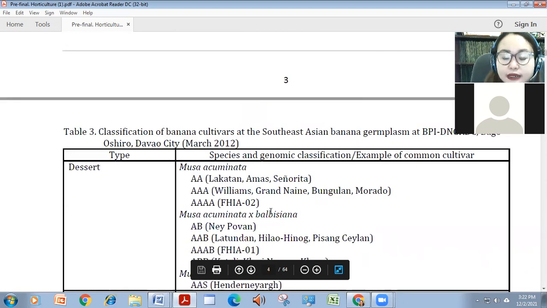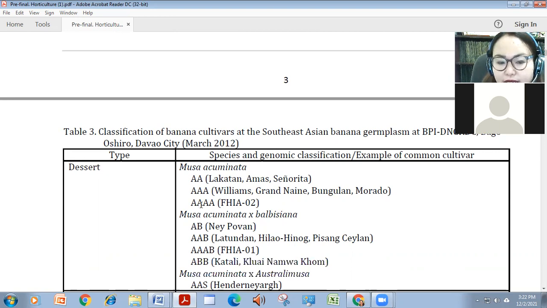Ito yung mga nabanggit a while ago. No, as you can see, yung Musa acuminata, the scientific name ng mga AA, AAA na mga genomics na ang Lakatan, Ama, Señorita are also scientifically called Musa acuminata, no? Including the Cavendish group, the William, Grand Nain, Bungulan, and Morado. The AAA, so may 4 na A ang